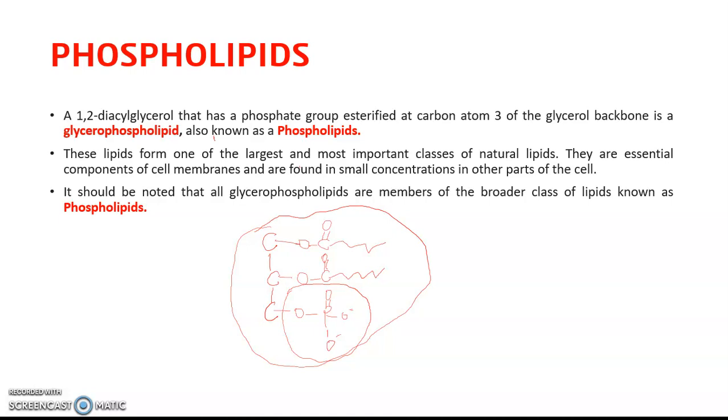A 1,2-diacylglycerol that has a phosphate group esterified at the carbon atom 3 of the glycerol backbone is a glycerol phospholipid, also known as the phospholipids. Now, if you look at the structure here, you will find that we have the